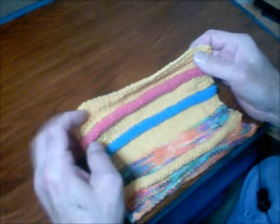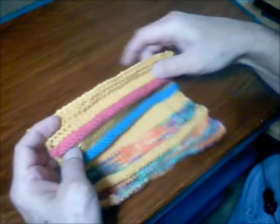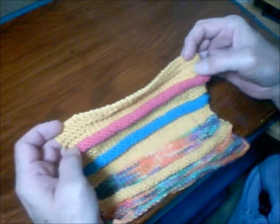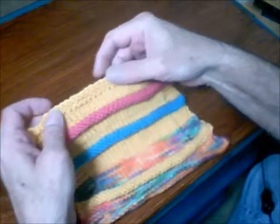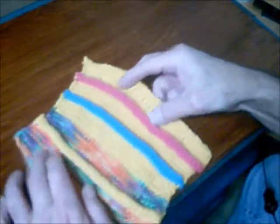And here we have finished the project. I went ahead and completed the last stitch there, knitted a few rows with my garter borders. I failed to put a garter border on that side. See, I messed up. Oh, even the best of us mess up. Anyway, then I did a couple rows at the top, and we're going to call this one done for now,